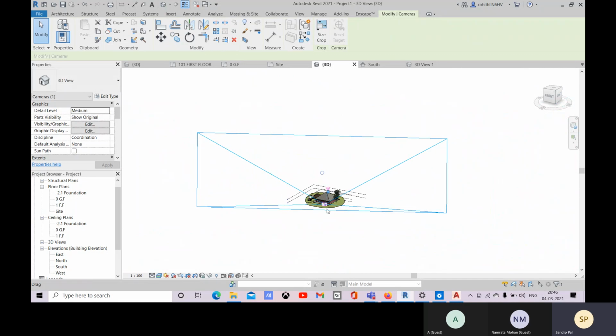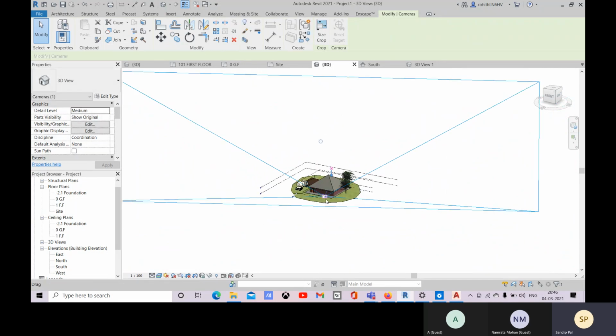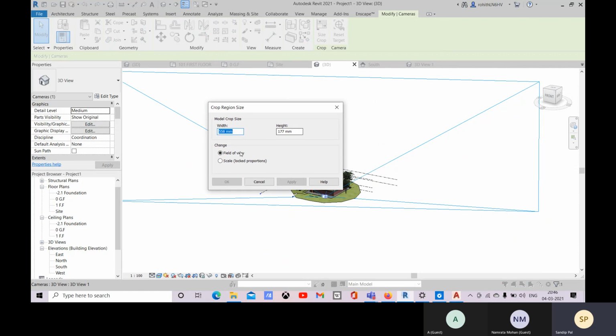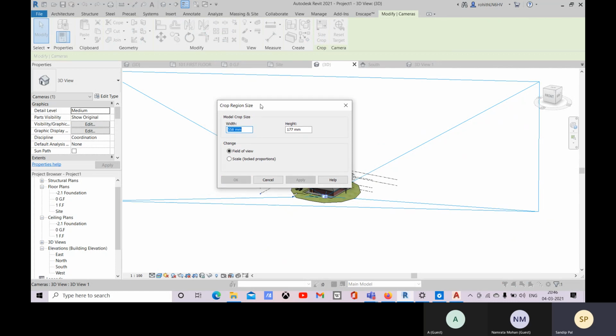Okay, so if you select this camera, and if you want to change the size, for that you have this one, and width and height you can give. And you can go with this scale.